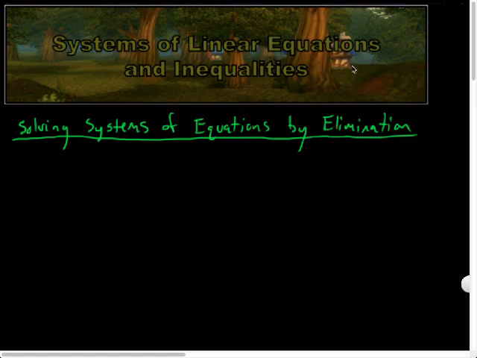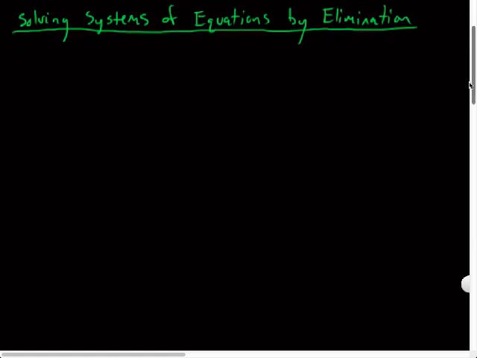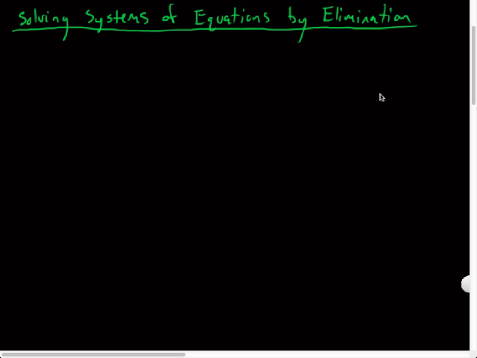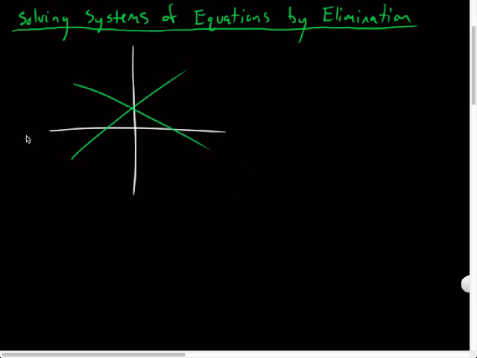But first of all, I just want to talk about some terminology. First of all, a system of equations is a set of two or more equations. We've talked about that before, right? A solution is a point of intersection of the graph of the equations. So graphically speaking, if I had two equations, something like this and like this, the solution is the point of intersection between those two, right? That arrow is a little bit off, but that'll count. So the solution is the point of intersection, or